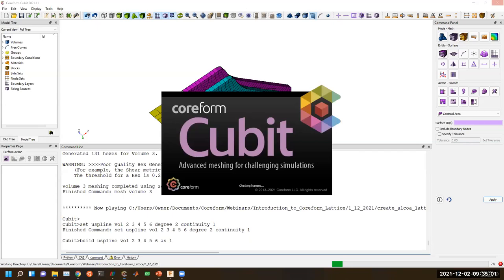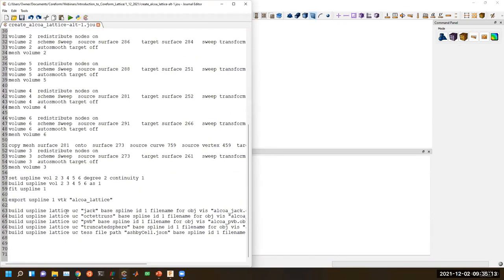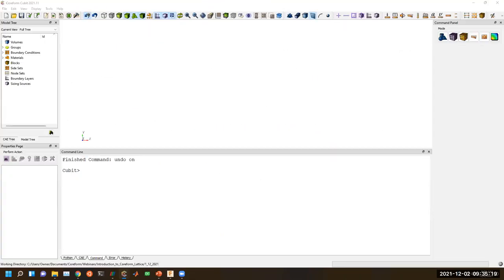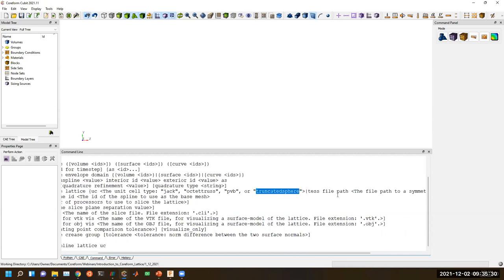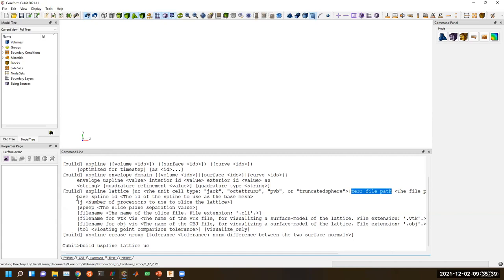And then finally, there are some commands to export the U-spline lattices. So I'll show this. We have a command called build U-spline lattice. Once you've built a U-spline, you can build a U-spline lattice with a unit cell that is one of either jack, octet truss, PVB, or truncated sphere. Or you can feed it your own custom unit cell with a tessellation file path. And I'll show that in a little bit. On the base U-spline ID,